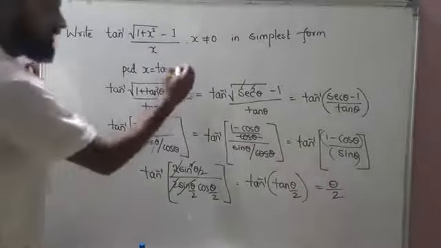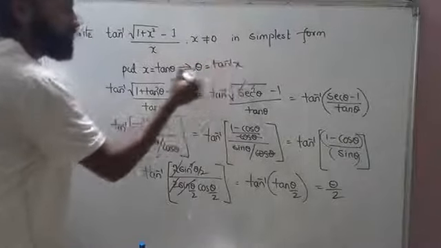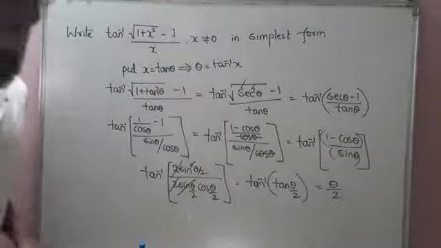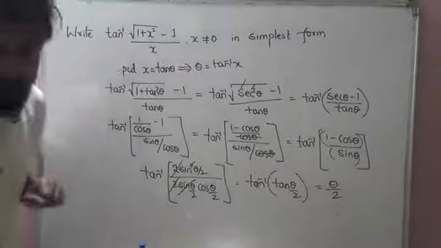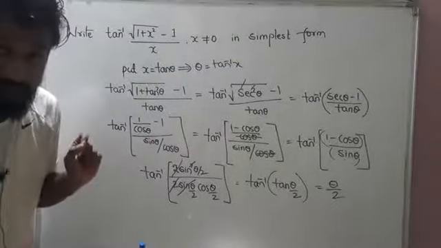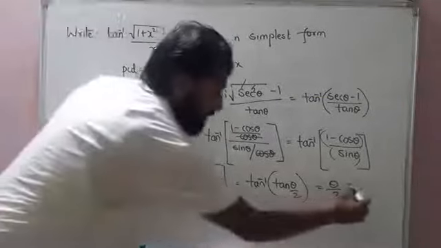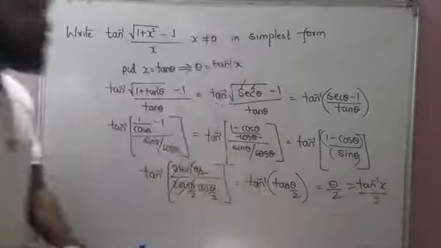And what is theta? Very good. Theta is tan inverse x from here. Because in the final answer we cannot write theta. Why not? Because in our question theta was not there. We have made the substitution, so that has to be replaced. Okay, so now the final answer is tan inverse of x whole divided by 2.